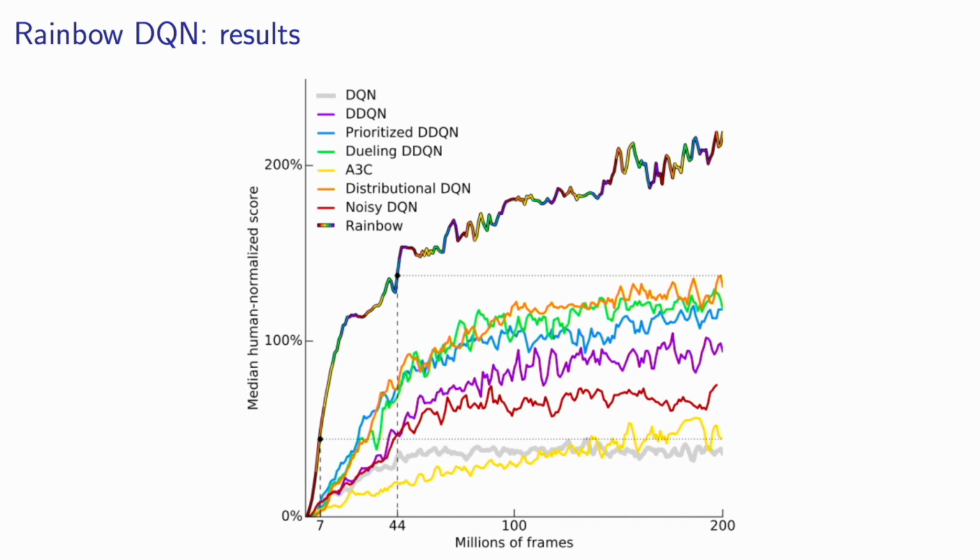And the x-axis here is millions of frames in each of these games that you've seen. And the y-axis is a median human normalized score, which means there's a professional games tester that played all of these games. And what we're saying is basically we're pegging whatever score that person got on each of these games. We'll say that's 100%. And then we'll play a random agent. We'll say this is 0%. And this gives us a way to maybe meaningfully combine the scores of these different games.